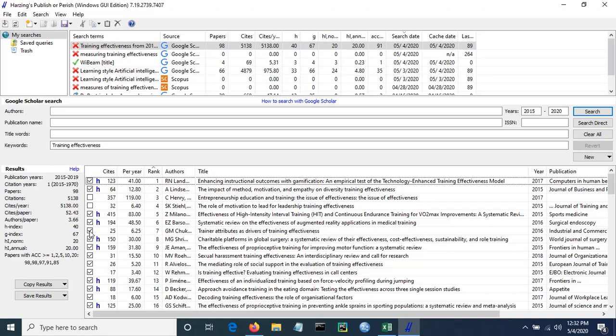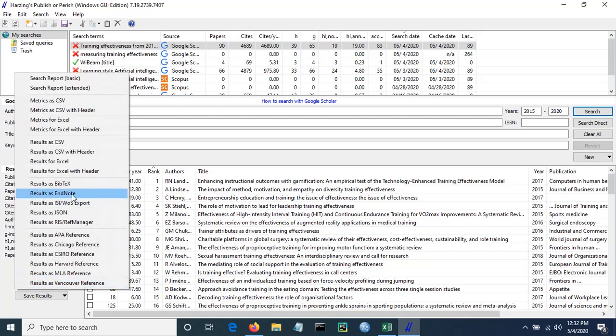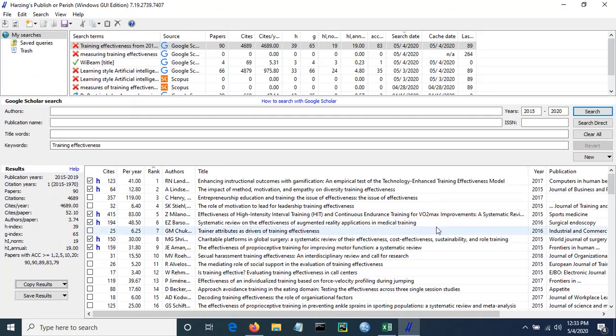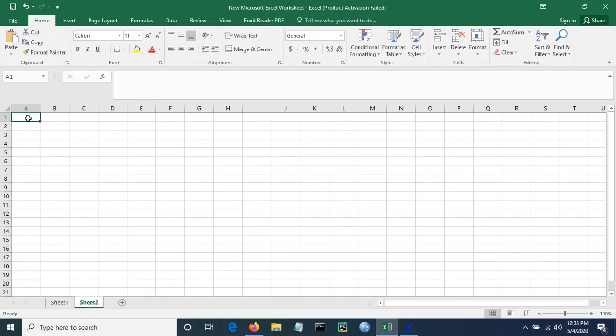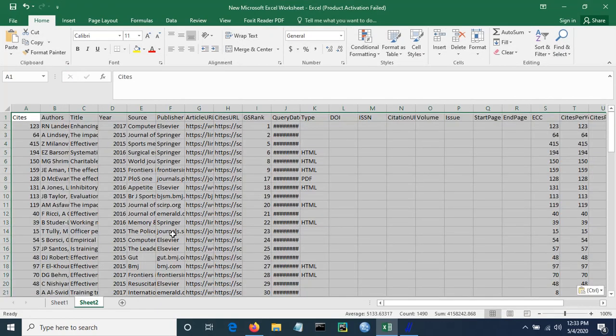So likewise, I can choose what I want to save and what I want to delete. So I will remove some things and I'll retain some things. Yeah. Now what do I do after this? I can copy these results and save them in Excel. I've copied. I'll simply paste them here. Yeah. So see what has come to Excel.